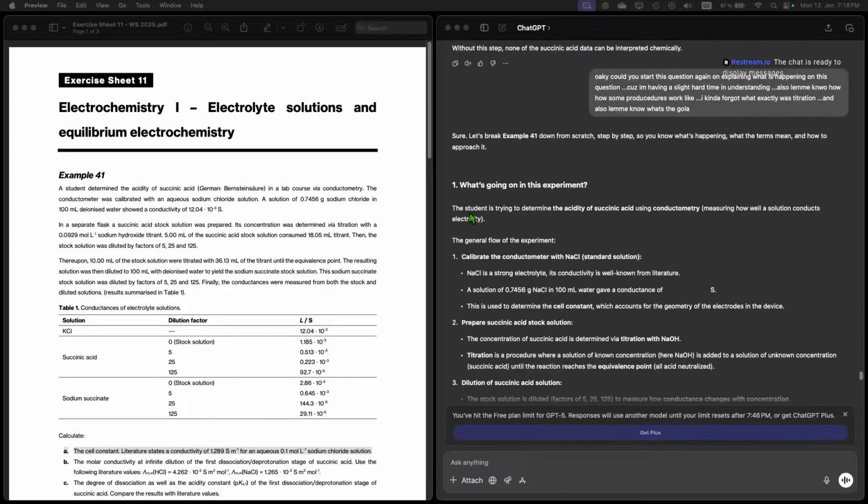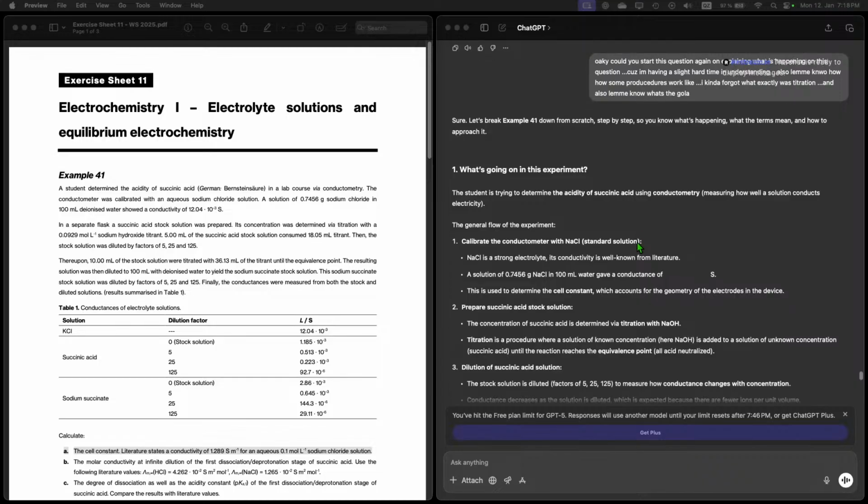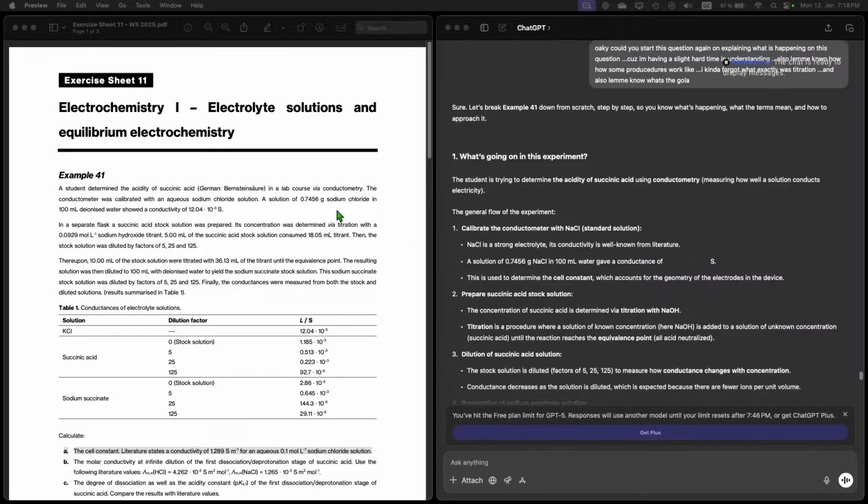What is going on? The student is trying to determine the acidity of succinic acid using conductometry. General flow of the experiment: calibrate the conductometer with NaCl. NaCl is a strong electrolyte. Its conductivity is well known from literature. 0.7456 grams of NaCl in 100 milliliters of water gave a conductance of 12.04. This is used to determine the cell constant, which accounts for the geometry of the electrodes in